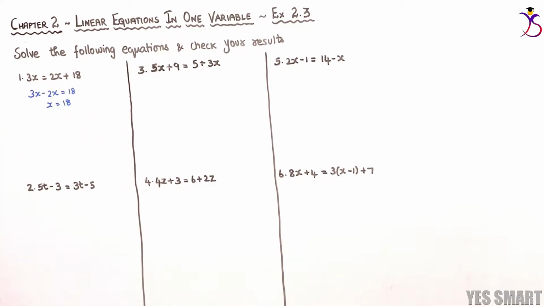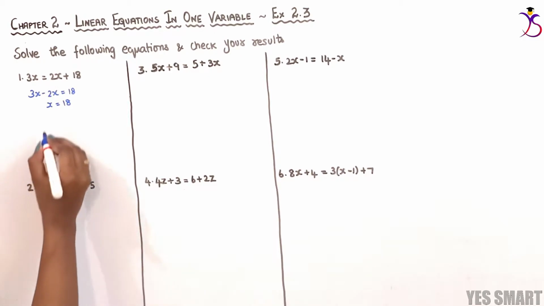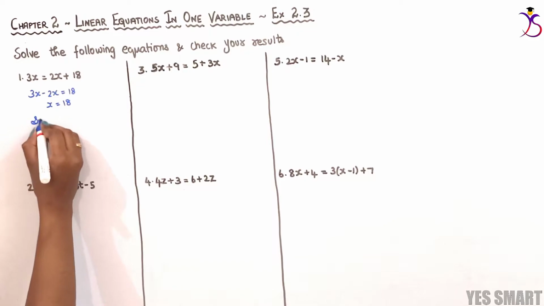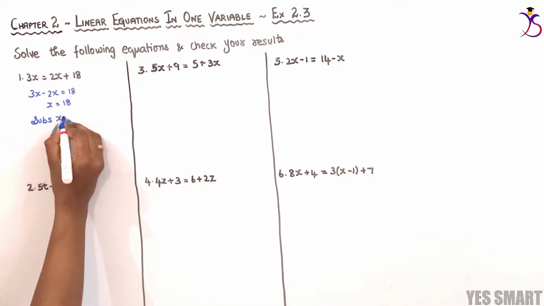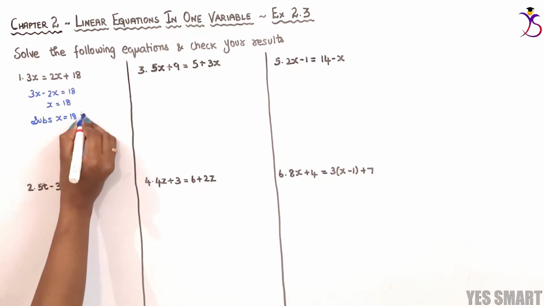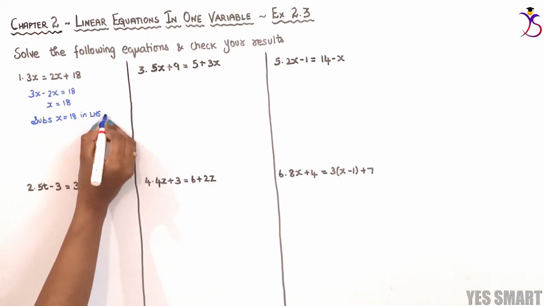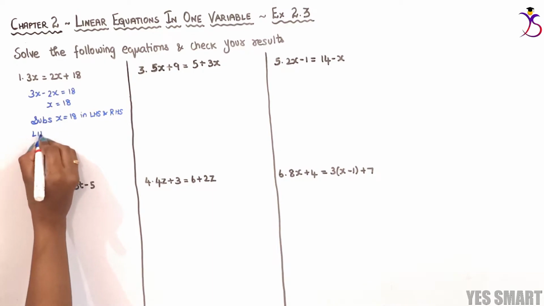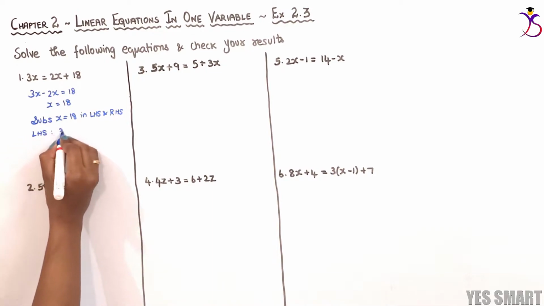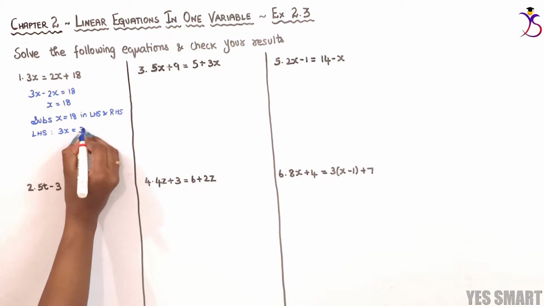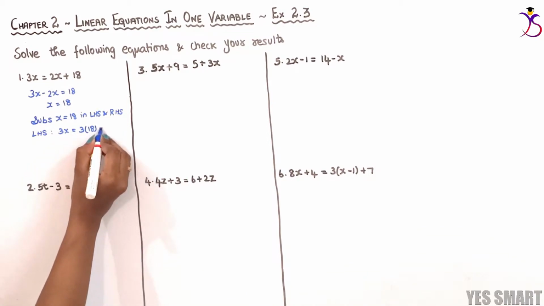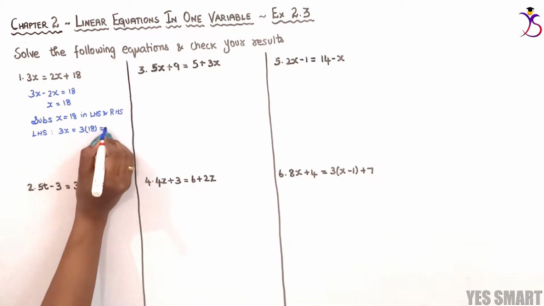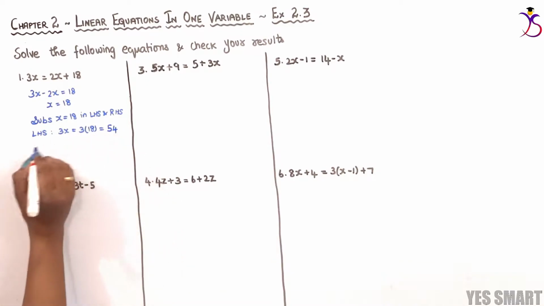Now let's verify our result. For that, we will substitute the value of x in the given question. So substitute x is equal to 18 in LHS and RHS. So in LHS, 3x, which is 3 into 18. 3 18s are 54. Now in RHS,